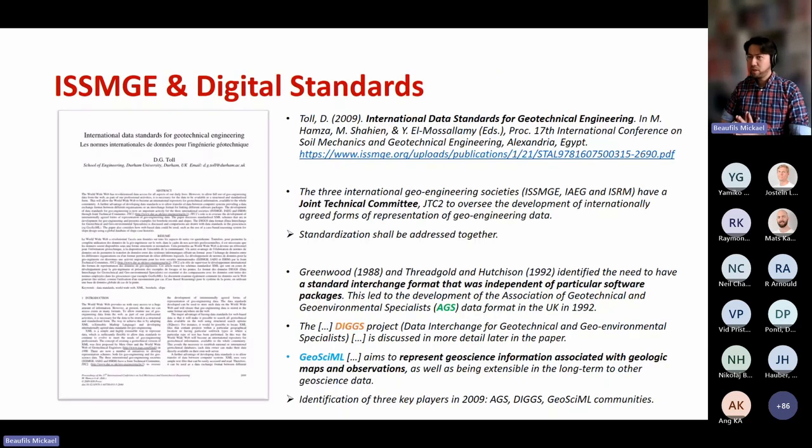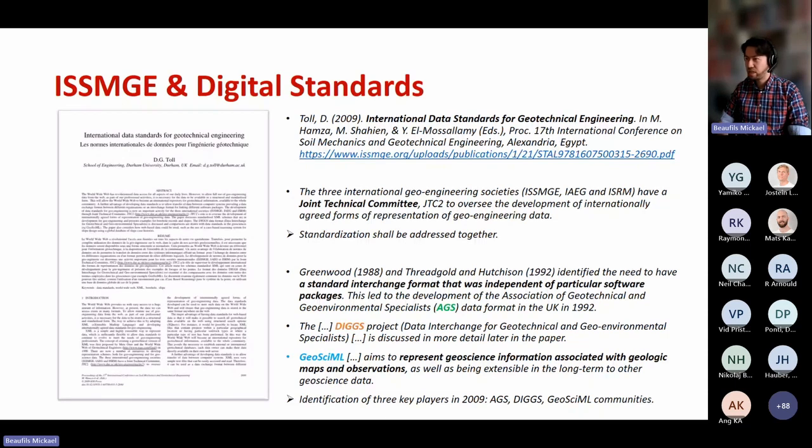Regarding the topic of digital standards, I wanted to point out one paper that is not, I would say, the position of ISSMGE. It's a paper written by David Toll in 2009 about the International Data Standards for Geotechnical Engineering. This paper was proposed for the International Conference of Soil Mechanics and Geotechnical Engineering.